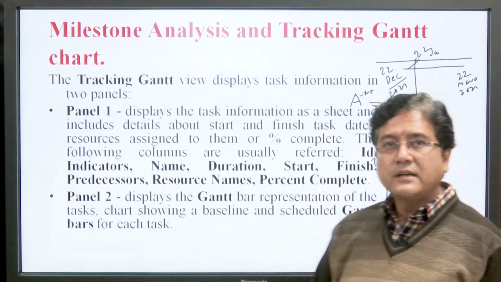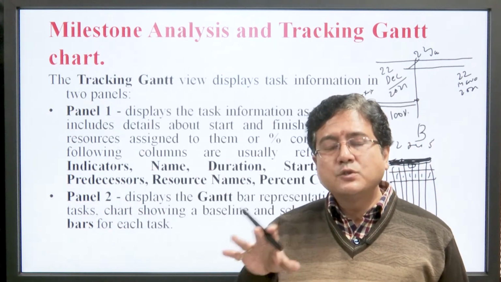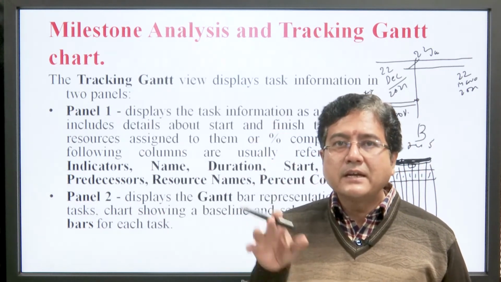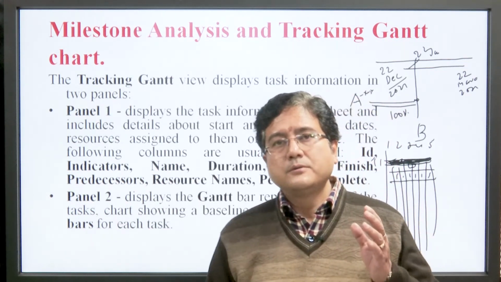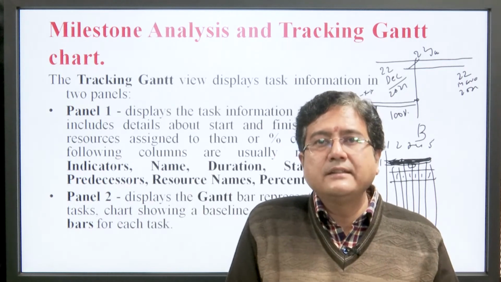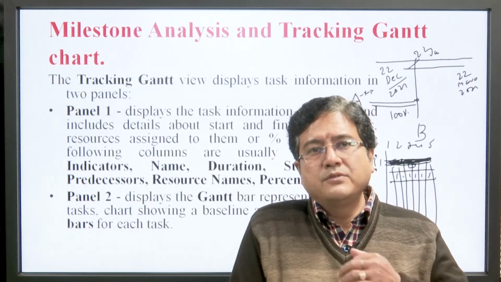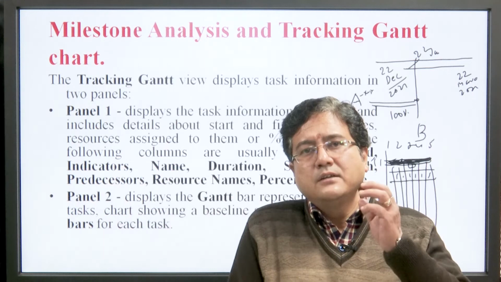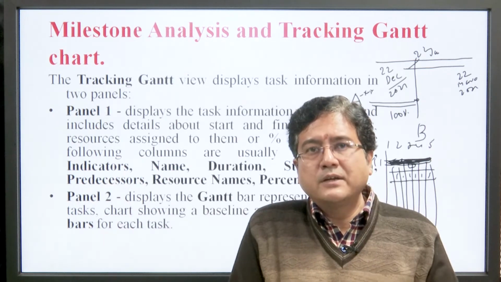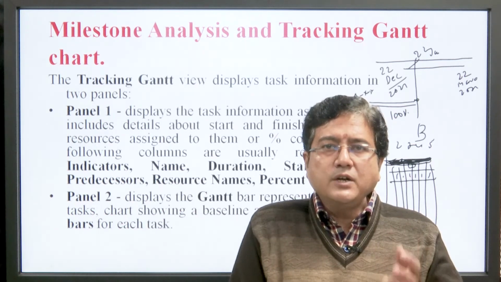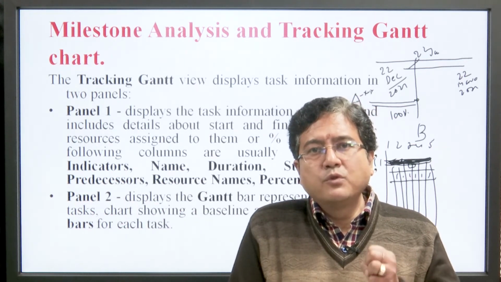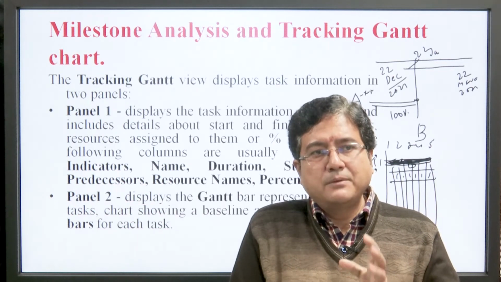Or otherwise we can change the month into weeks, the year into months. So it is up to us how customized we want to create the Gantt chart. We can use different colors and different formats according to us, to make it more visualized and more reflectable.